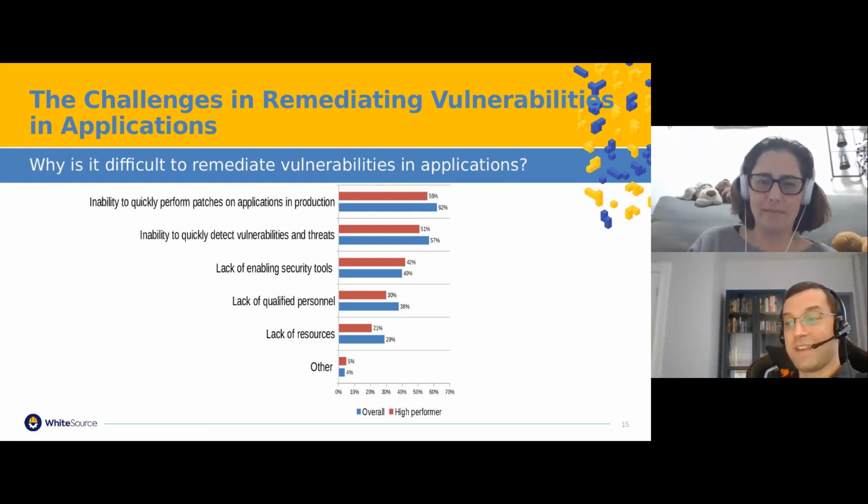It's interesting because I think it means the high performers understand they need to allocate resources for this, both for personnel and tooling. And they're trying to offset some of that personnel cost with better tooling, to be honest. Again, number 1 and 2 is always going to be being able to quickly detect things and fix them. But that lack of enabling security tools is a real problem